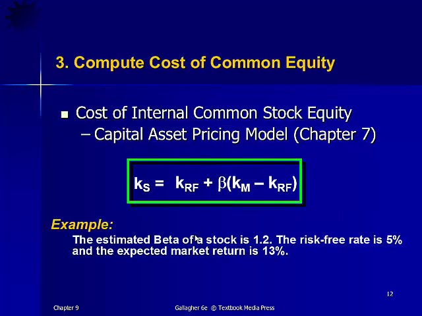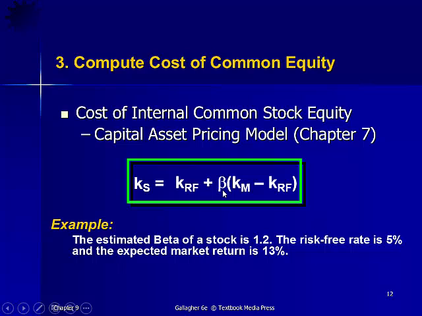Now, the capital asset pricing model, which we saw in Chapter 7, is coming back again in the context of the cost of capital chapter. So here is that equation for the CAPM from Chapter 7. Required rate of return on the company's stock is equal to the risk-free rate, which is the rate we could earn on Treasury securities if we were to look for something with essentially no risk to put our money in. Then we add a risk premium, and the risk premium is the return of the market minus the risk-free rate